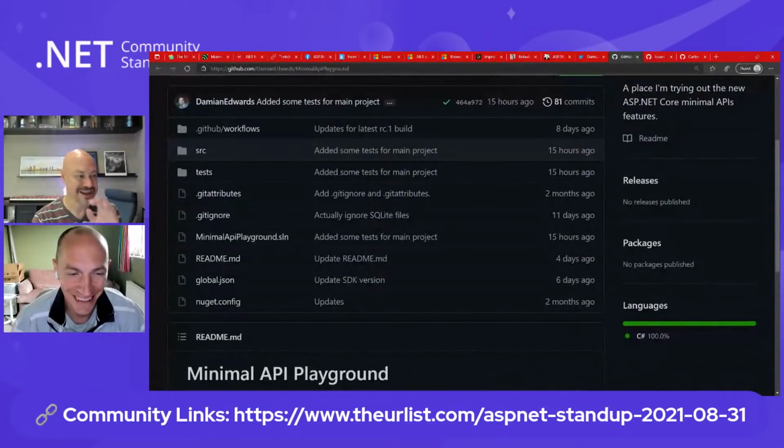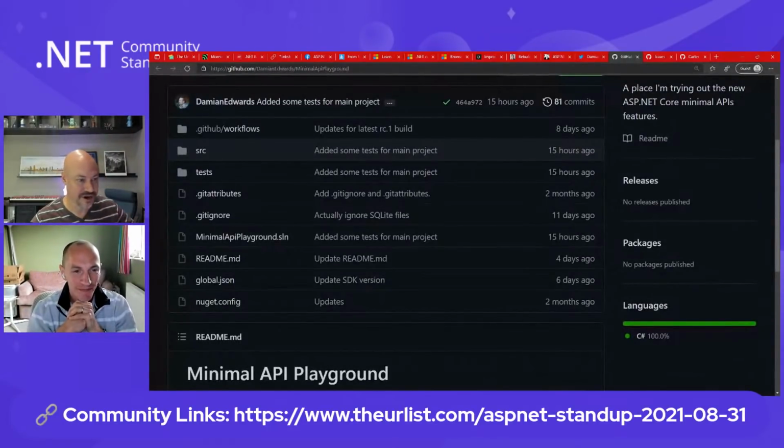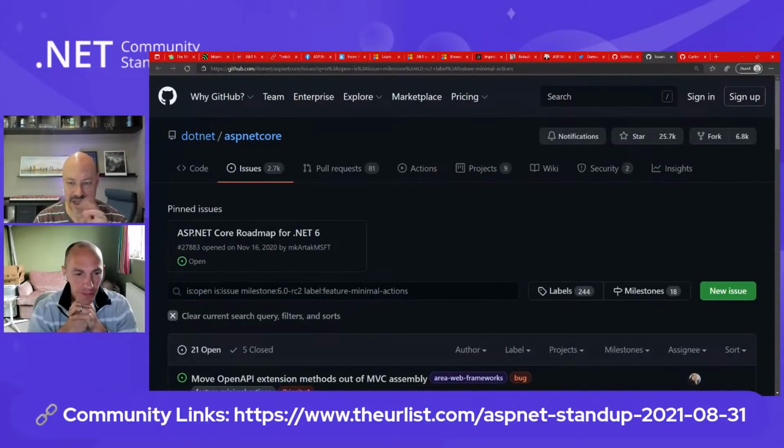Well, and before we jump into what you're going to be showing, we did have some recent shows on this, but minimal APIs is an easier, low ceremony way of writing APIs, but then also web applications in .NET 6. And it handles things like top level functions and global usings.